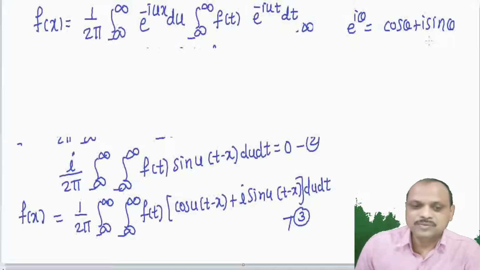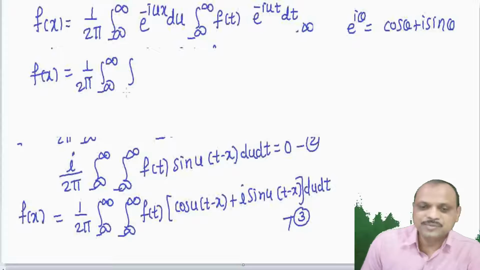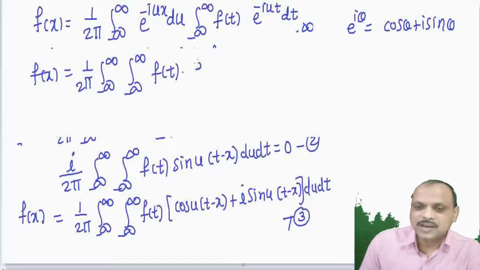Now therefore we have f of x equal to 1 divided by 2 pi integration minus infinity to plus infinity, integration minus infinity to plus infinity, f of t into e raised to i into u into t minus x into du into dt,